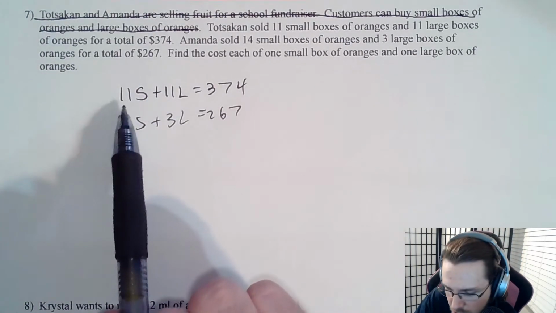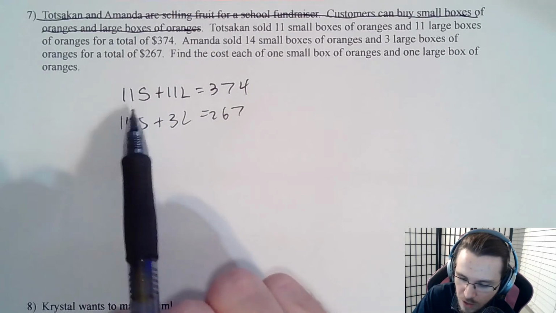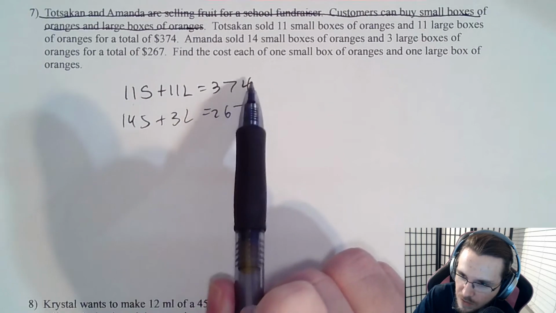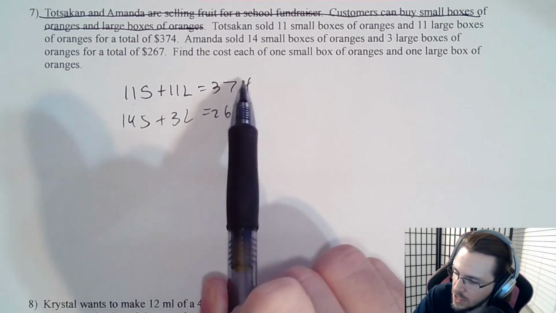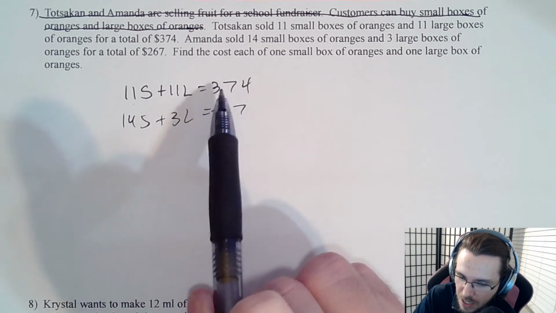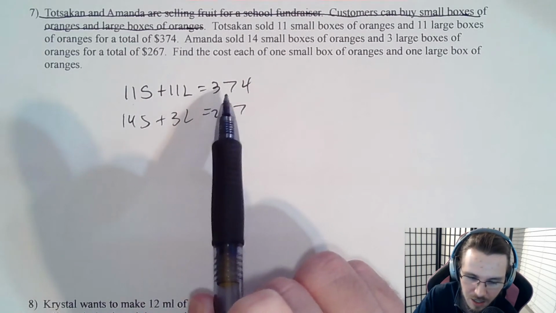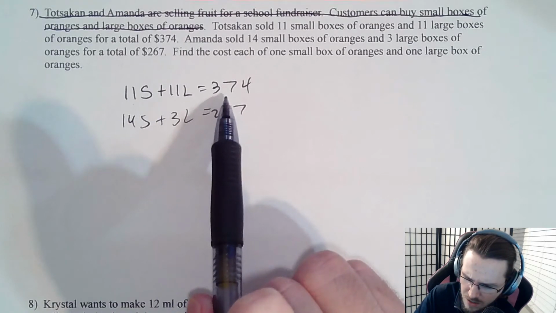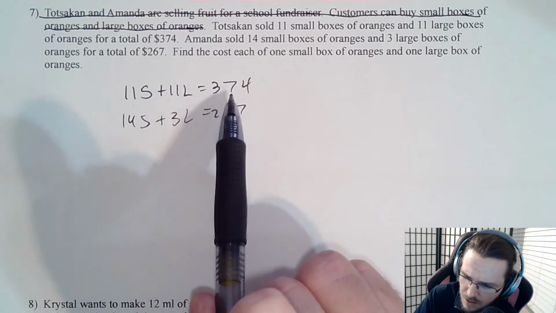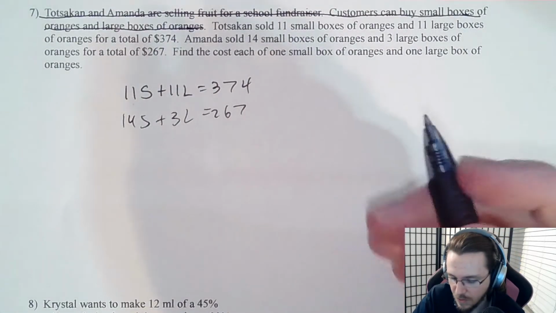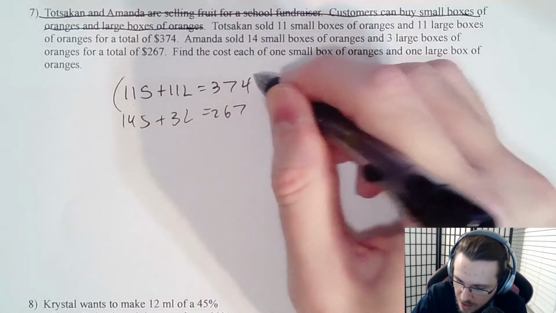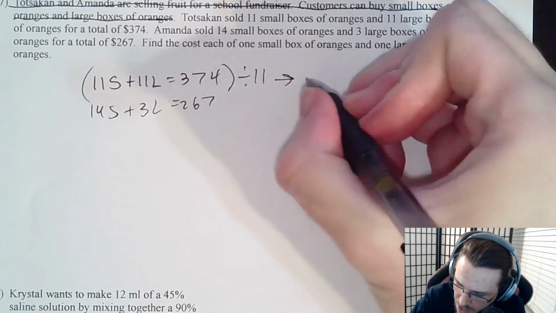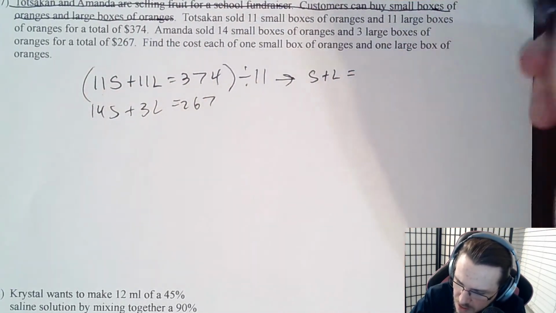Anytime that you notice that this is an 11 and an 11, or a 12 and a 12, or an 8 and an 8, or anything that's the same, we can also check to see if 374 is also divisible by 11. And in this case, it is. It's going to be, let's see, 330 is 30, and then 4 more, so 34. So I'm going to go ahead and divide this entire thing by 11. And when I do that, I'm going to get S plus L equals,